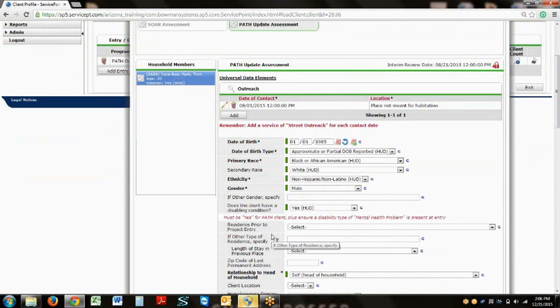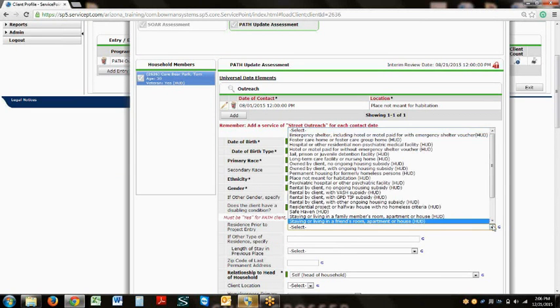Residence prior to project entry means where did your client sleep the night before they came to your project? Keep in mind that place not meant for habitation can be used if your client slept on the streets, a car, a park, or abandoned building. But to see this list, if you use the drop-down list, you'll see that there's the emergency shelter, including hotel or motel paid with emergency shelter voucher, foster care home or foster care group home, hospital or other residential non-psychiatric medical facility, hotel or motel paid without emergency shelter voucher, jail, prison, or juvenile detention facility,